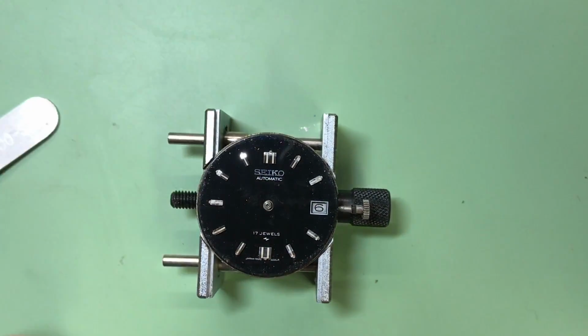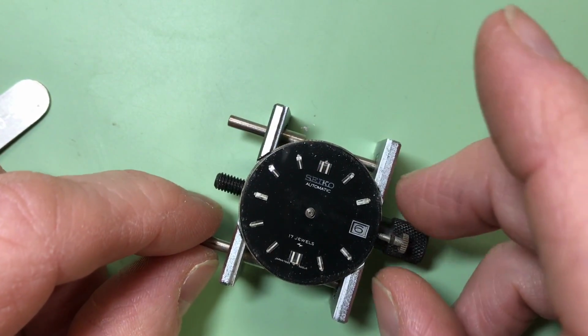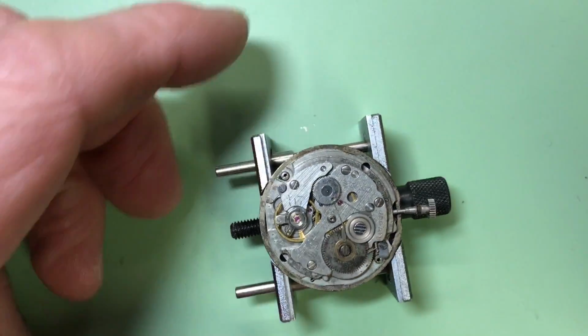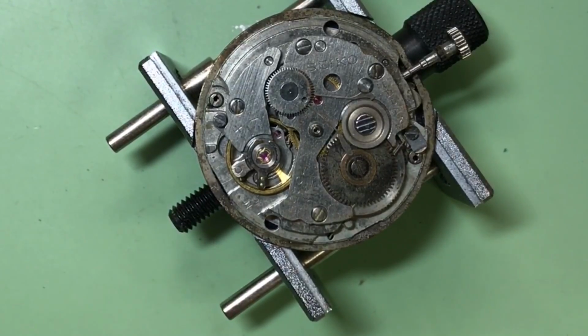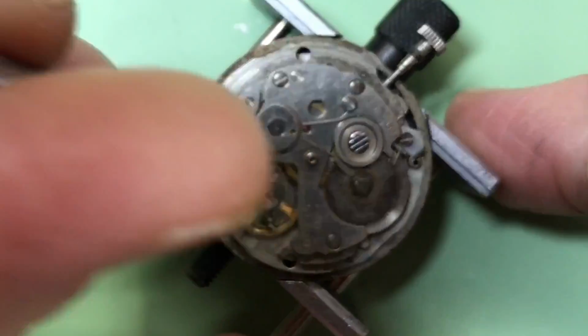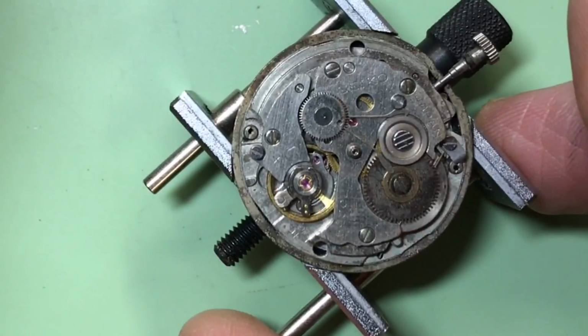Now then, what I would normally do is remove all of the calendar works first, but if you're new to trying to do some watchmaking, one of the most valuable and fragile parts of the watch is the balance. And to prevent any damage, I think it's good practice to remove the balance first. This is the balance bridge, or the balance cock as some people say. It's one screw,